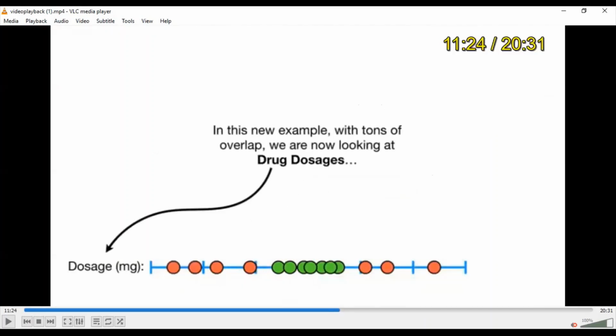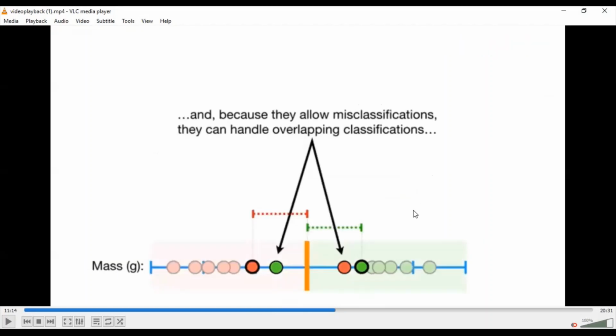Everything is fine. Overlapping is possible in support vector machine. We use soft classification, like soft margin, so that it's not very prone to outliers.